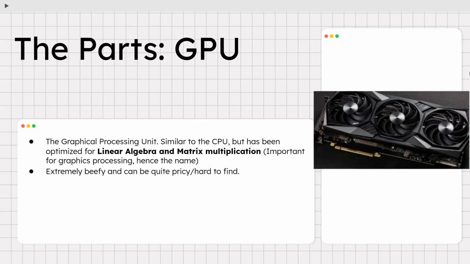Next is the GPU. Now the GPU is very special. It is newer compared to all the rest of these, but the graphics processing unit is similar to the CPU in that it does computation, but it's meant to do computation for one specific thing: linear algebra and matrix multiplication. You will eventually, at some point on this channel, learn how to do linear algebra, because linear algebra is a core feature of modern programming, and the GPU is optimized for matrix multiplication. But they're big, they're beefy, and they have been expensive for quite some time thanks to cryptocurrency farms. So they can be hard to find in some ways. There are lots of jokes out there about the things you do for a good GPU.